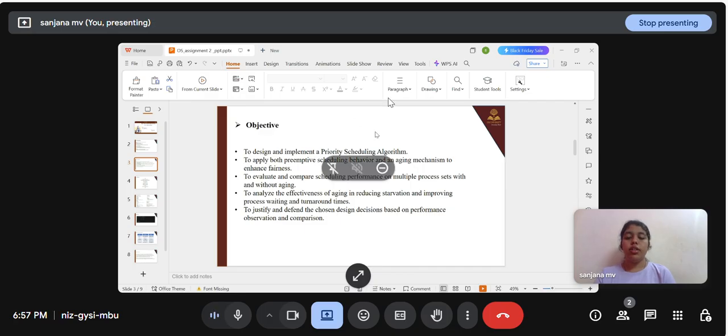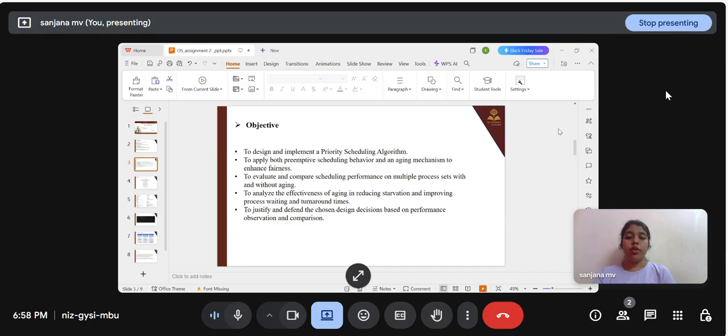Now let us know about the objective. The main objective of this project is to design and implement a priority scheduling algorithm with preemptive behavior along with an aging mechanism to avoid the starvation problem, and to evaluate and compare the scheduling performance using multiple process sets with and without aging,